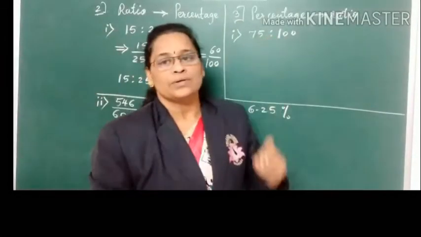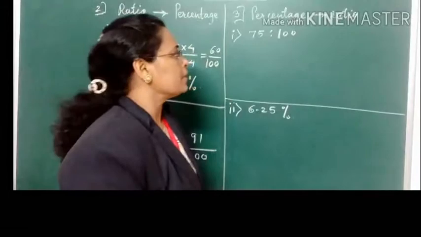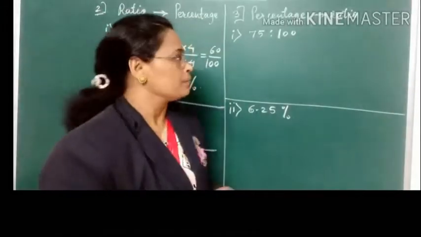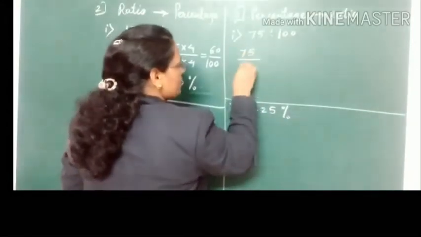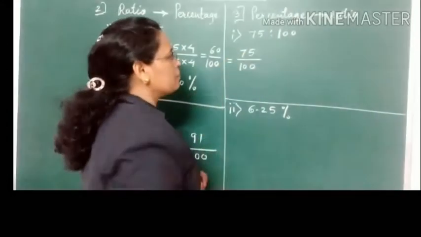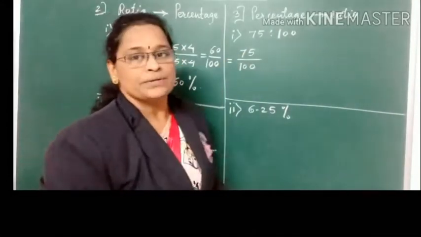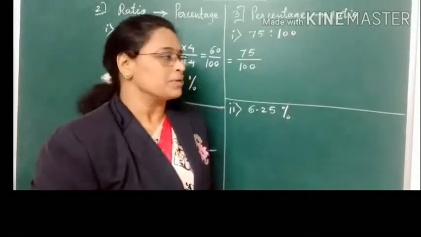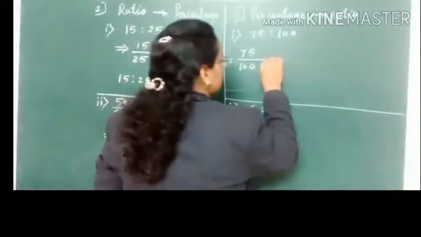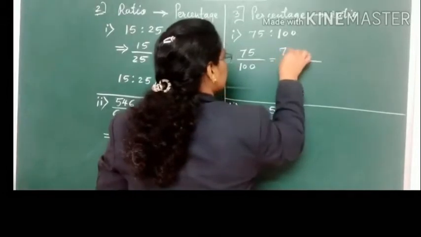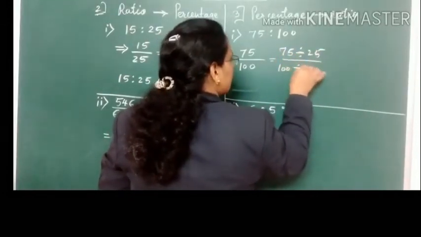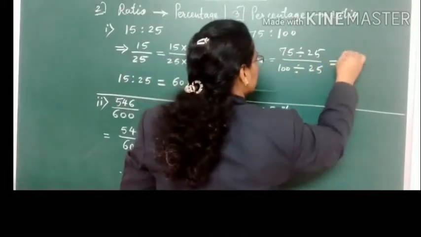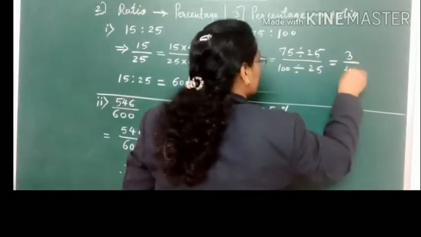Now let's see how to convert the percentage form to the reduced form of the ratio. So this 75 is to 100. Let's write it 75 upon 100 in the form of A upon B. Now we have to reduce this. Reduce means we have to divide. Both of these numbers are in the table of 25, so let's divide by 25. 100 also divide by 25. So what will we get? 25 3s are 75, 25 4s are 100.